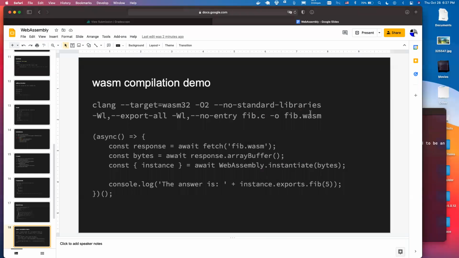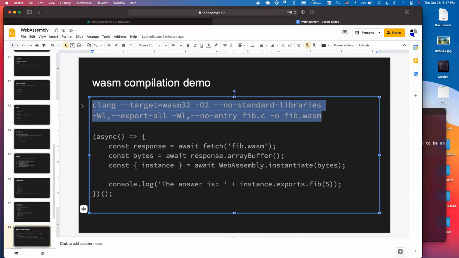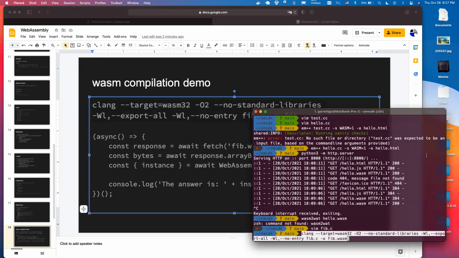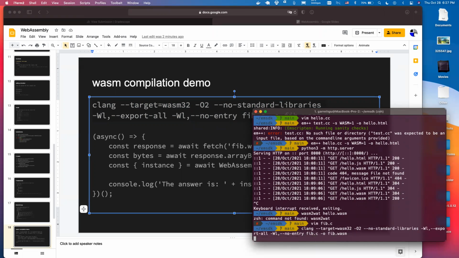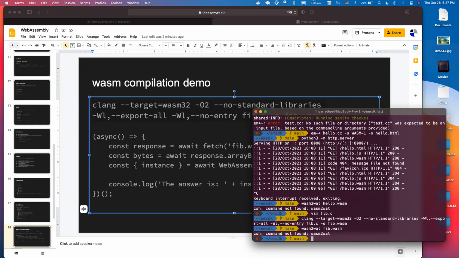So now we're just going to compile this using Clang. The reason I'm using Clang is because Emscripten adds all of that garbage to my file and makes it 151 kilobytes. But if I pass in these parameters, no standard libraries, no entry, it will compile just the function that I wrote. So now if you look at the wasm to wat of this fib.wasm file,